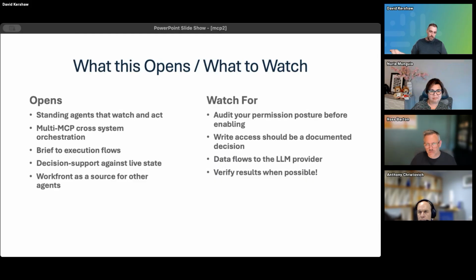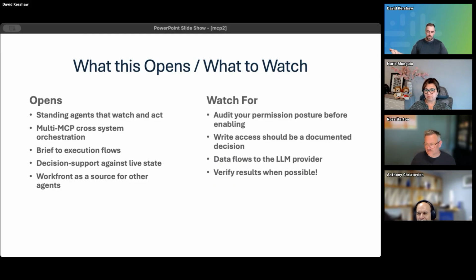Last slide. I'd love to hear what people think this opens up. I think it opens up quite a bit. A lot in the AI space where you can get agentic workflows, multi-system workflows. Maybe you've got a Salesforce instance and a Workfront instance, and you want to do things between the two. You can imagine that connecting MCPs to both, having AI agents in the middle, it opens up a lot here. And Workfront as a source for other agents, right? Maybe another agent wants to pull from Workfront to get a project status for some other use case. You can just imagine what this opens up for Workfront and for Adobe.